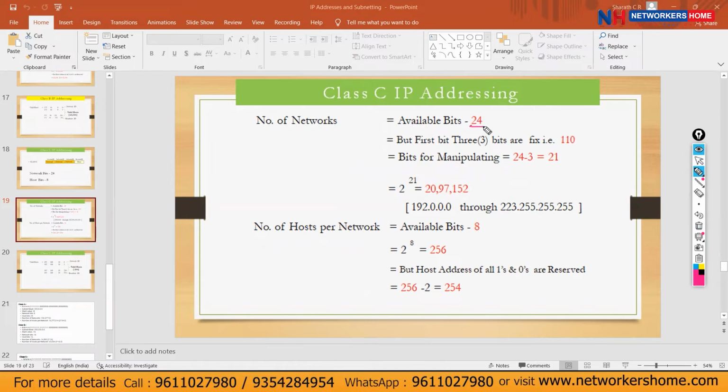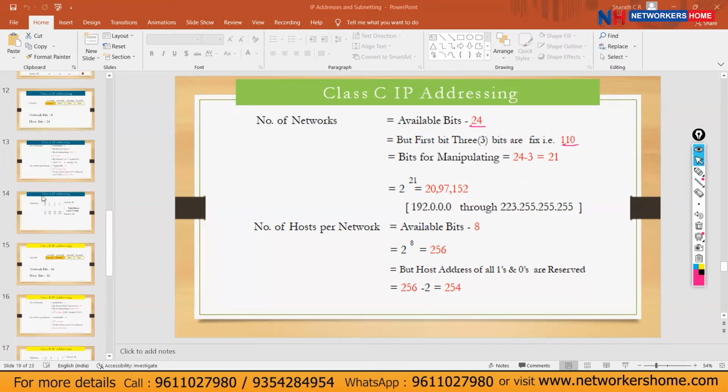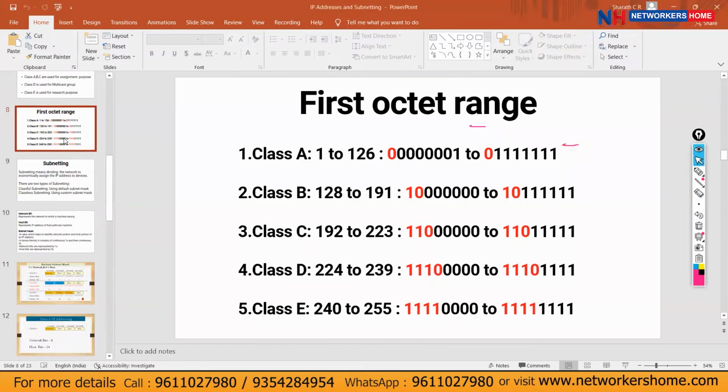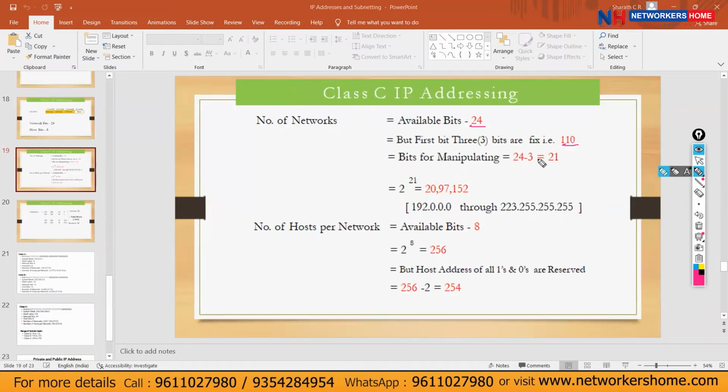Available bits is 24, but the first 3 are fixed. Come back to this slide. Check class C: 110. The first 3 bits are common. So 24 minus 3 is 21. 2 to the power 21.